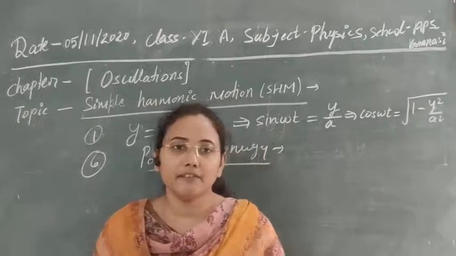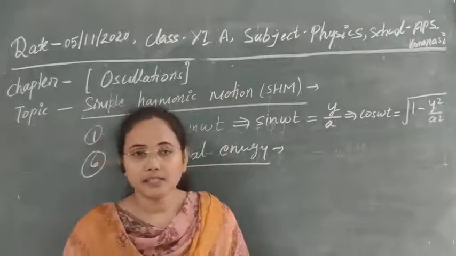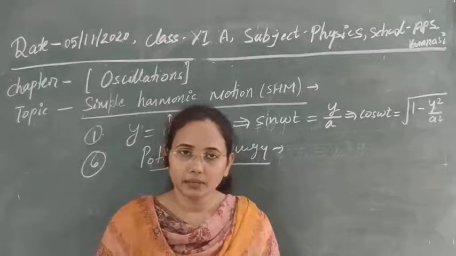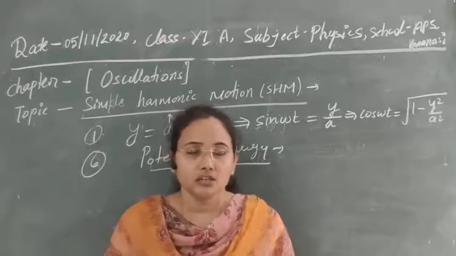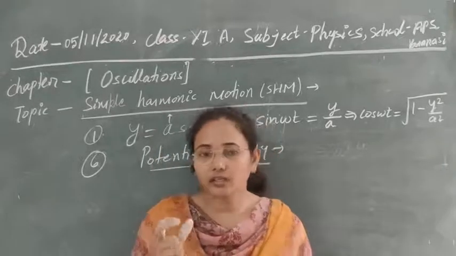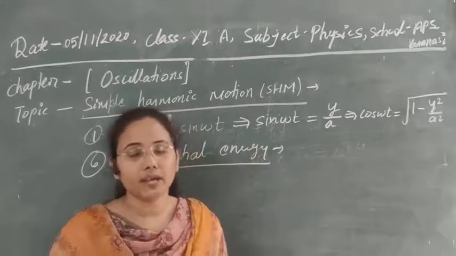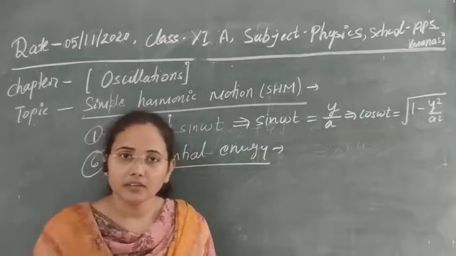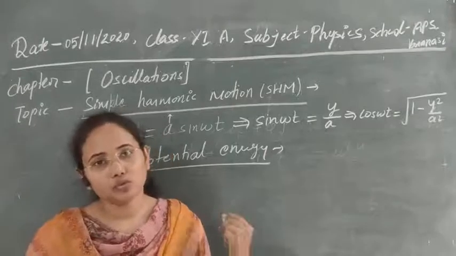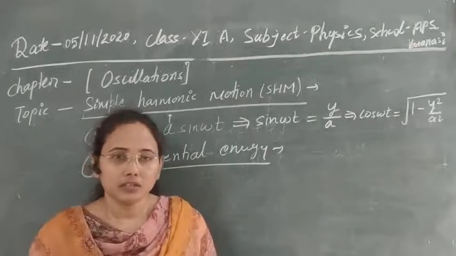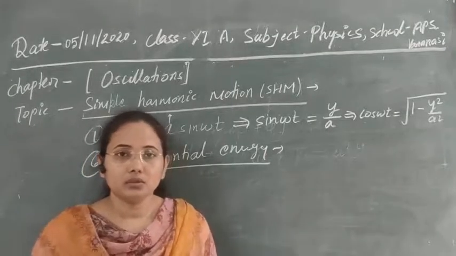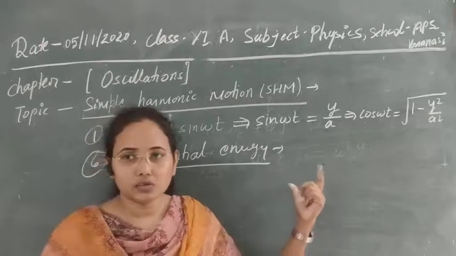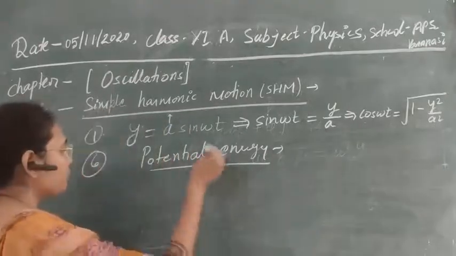Potential energy can be defined as follows: if we are displacing the particle by the application of a force, then in the displacement of the particle, obviously we have to do some work, and that work is stored in the system. The work stored in the system due to displacement of the particle is known as its potential energy. So how can we define it?